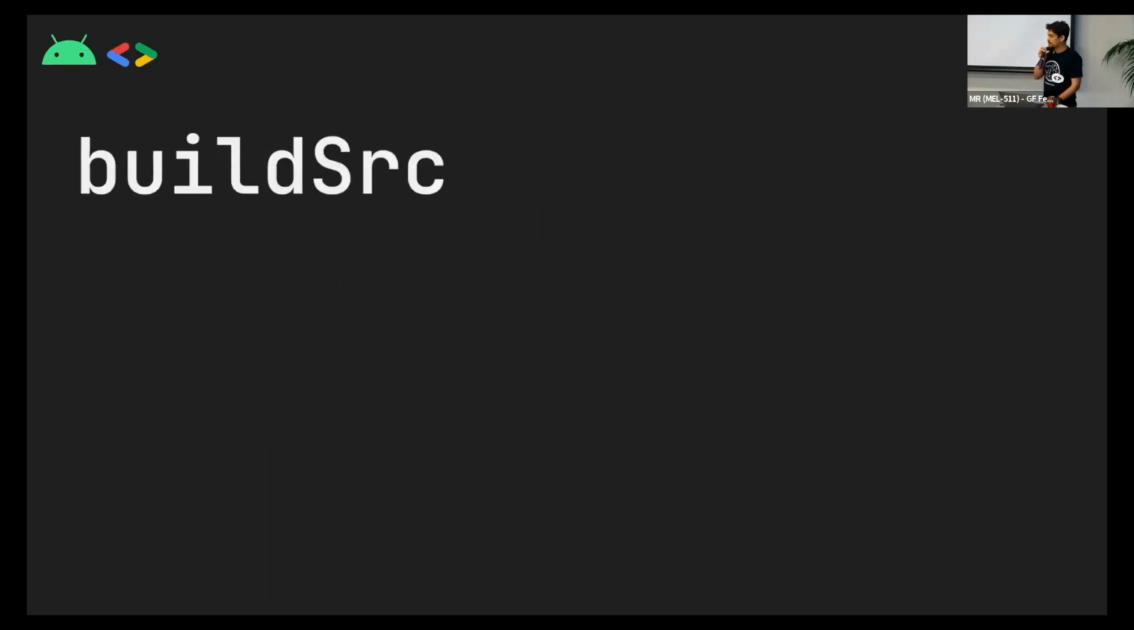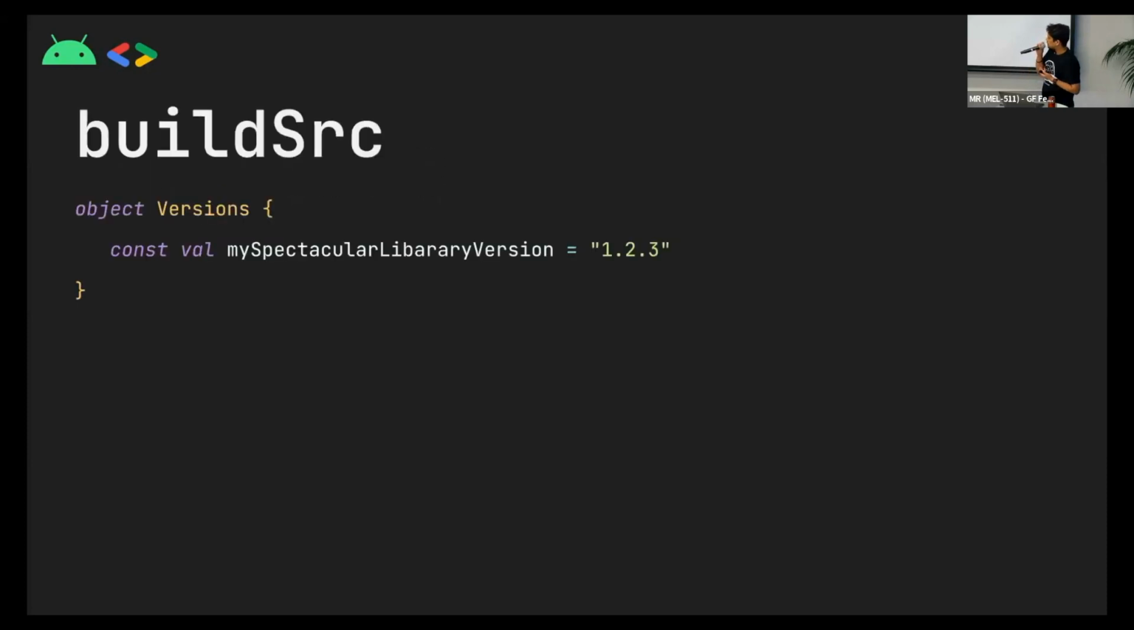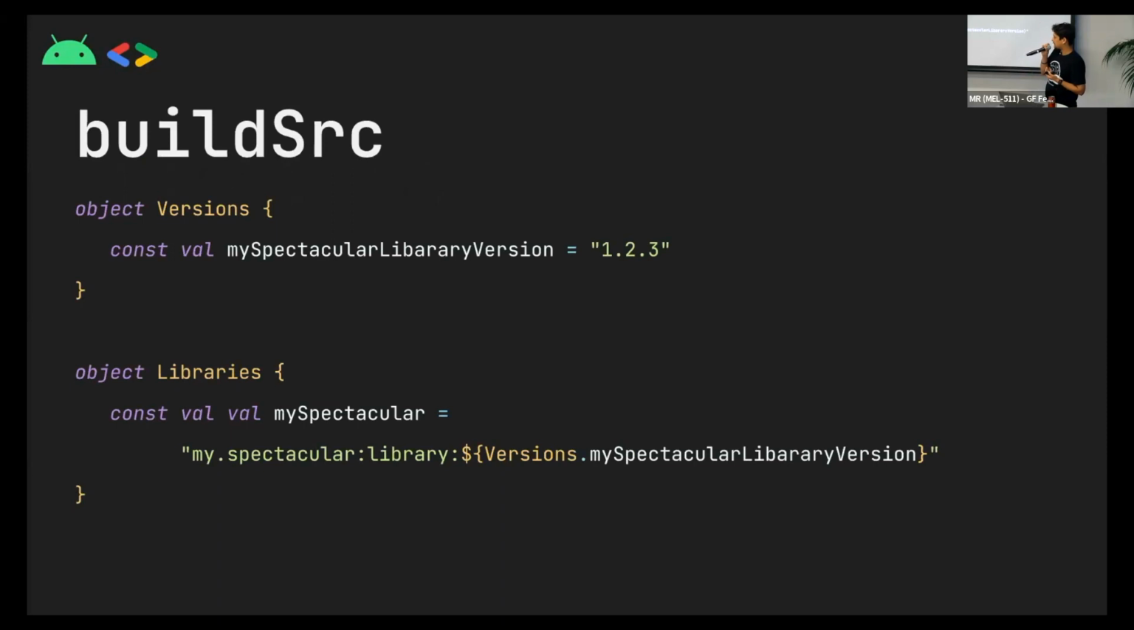This one's called build source. It's somewhat of a special module within the Gradle build system. You don't have to add it as an extra module in your settings file or whatever. If there's a presence of build source directory with the right structure in it, Gradle will automatically recognize it. And then you can use that module to define your build logic and constants like this, and some more constants